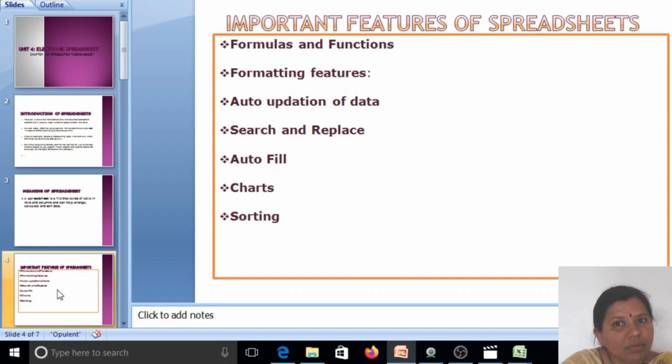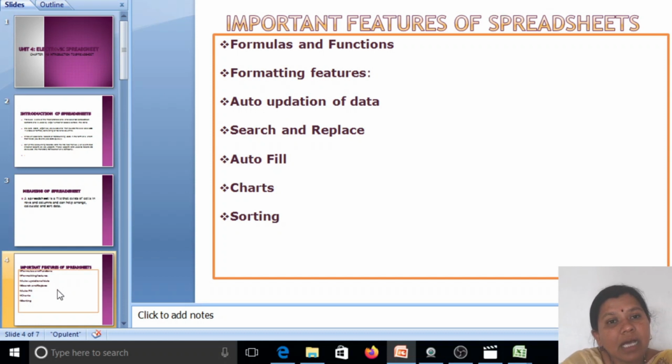Second feature of spreadsheet is the formatting feature. These features are used to improve the appearance of data. The third feature, auto updation of data.